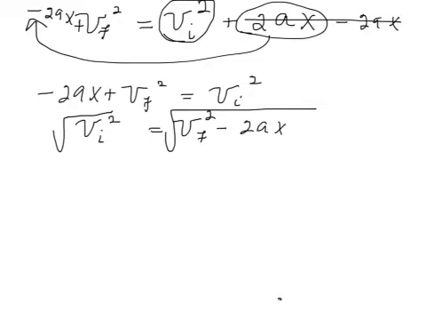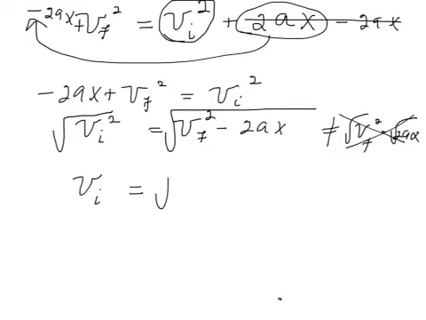So this is a common mistake. This is not equal to the square root of v final squared minus the square root of 2ax. They're not equal. That would be wrong. Okay, so now we're done. The v initial is no longer squared, and the answer is what I have written there. I don't really need to rewrite it, but